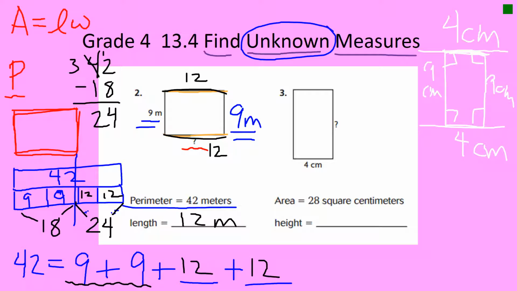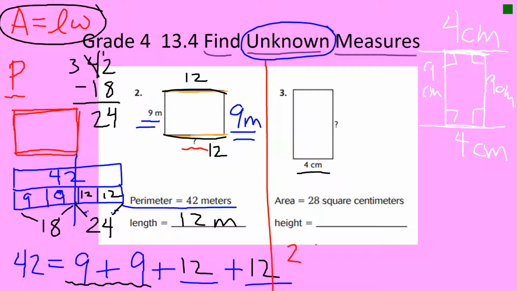This time they're telling us what the area is. Okay, now let's take a look up here again. Area is length times width. Okay, so they only give us one side length here. It's 4 centimeters. All right, so the area is 28, so I'm going to do a little line right here. Okay, so 28, the area, that's what they're telling us, equals or is the same as